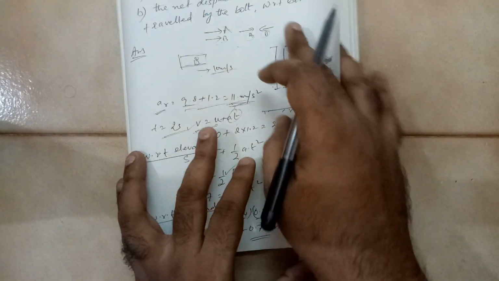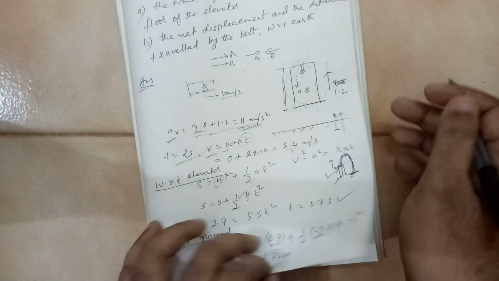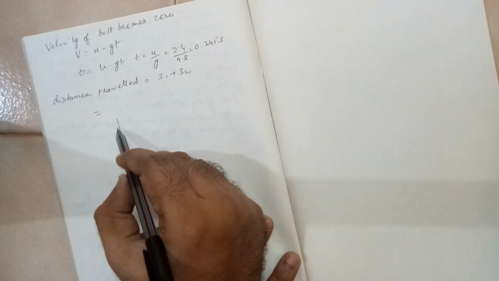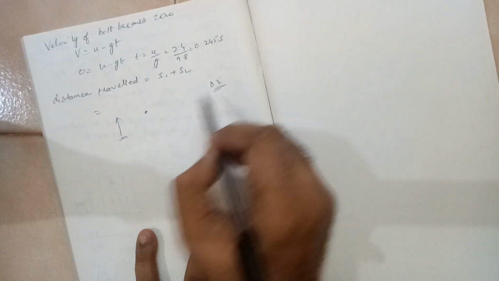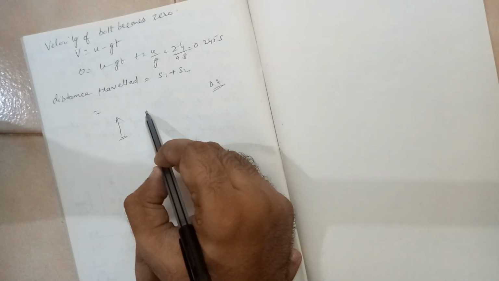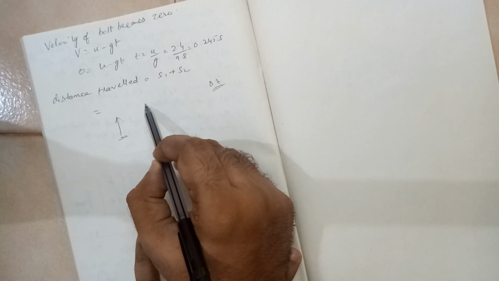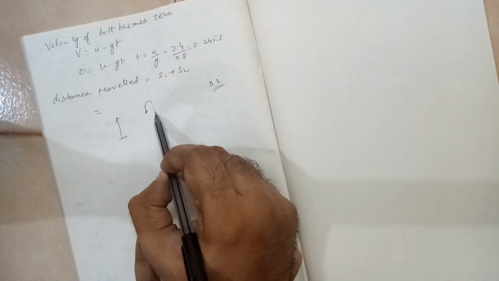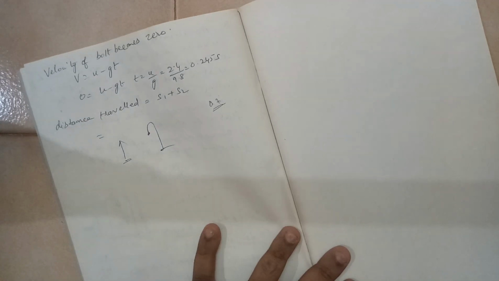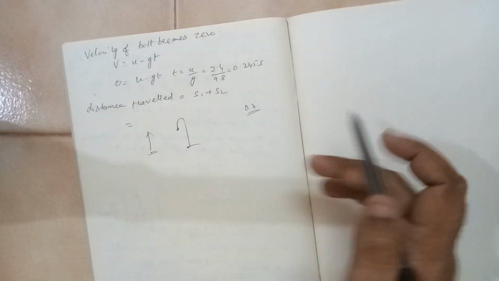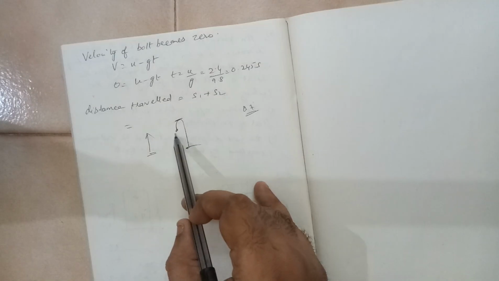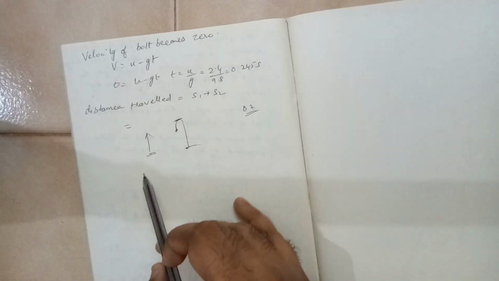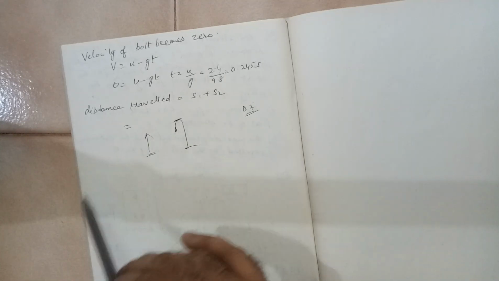Now he is asking you in the second, what is the distance travelled? If you carefully observe, the lift was going up, alright. So the bolt travelled for total 0.7 seconds. In that 0.7 seconds, because the lift was going up, it went some time up and then started falling down, similar to the tower question. So at some point its velocity became 0. Okay, it started with initial velocity 2.4. At some point of time its velocity became 0.